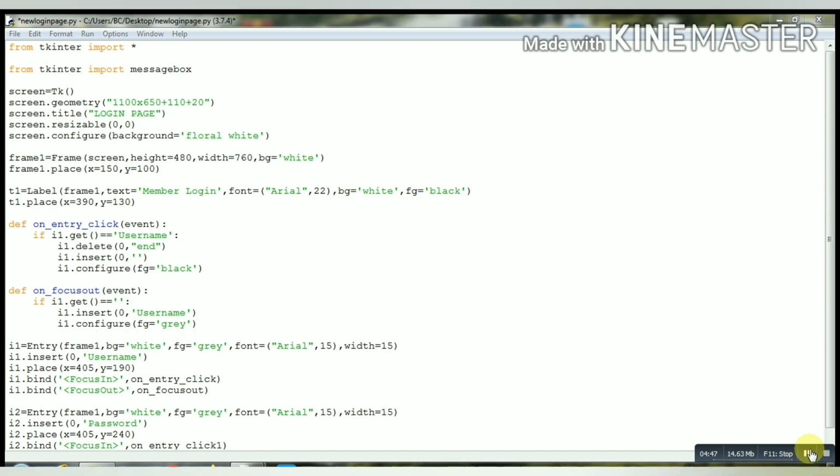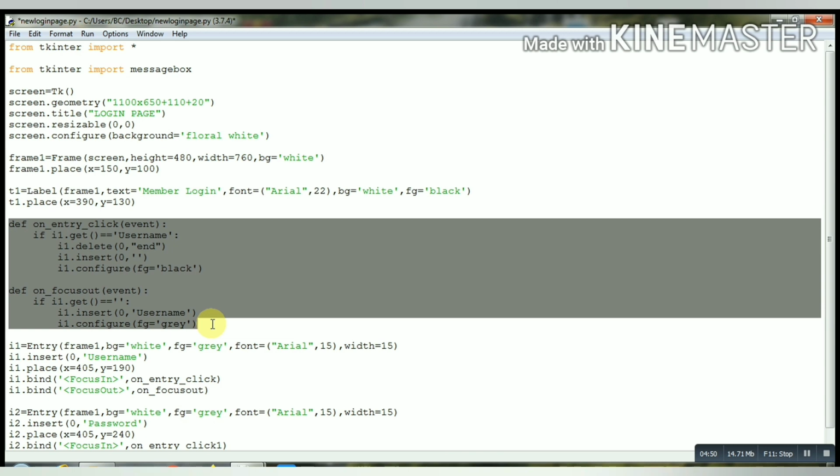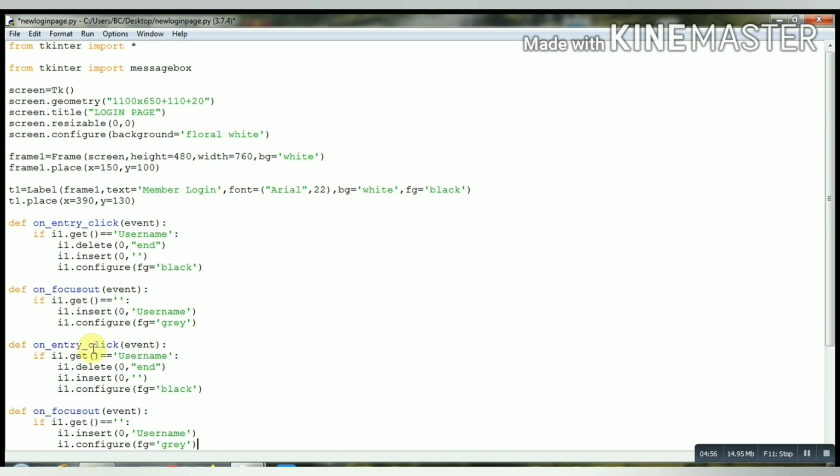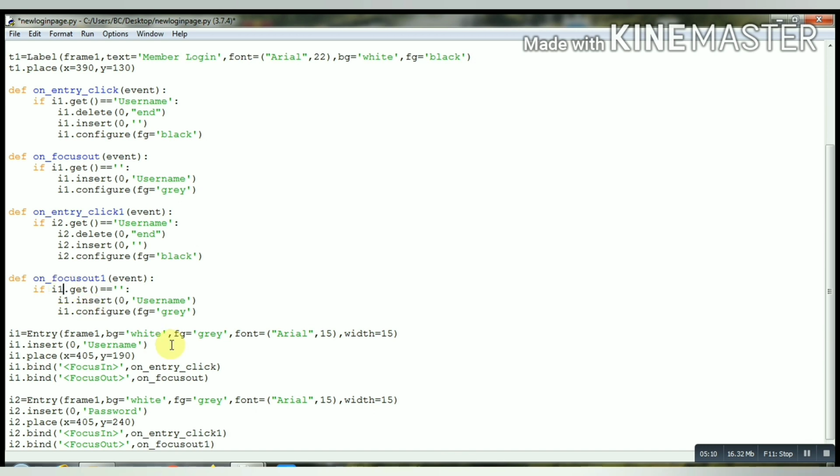Similarly for I2 also, we will copy and paste this, and change the function names to on_entry_click1 and on_focus_out1, and I1 to I2, and username to password.